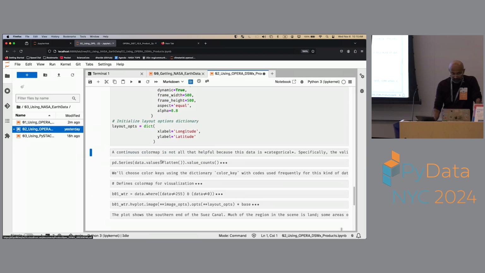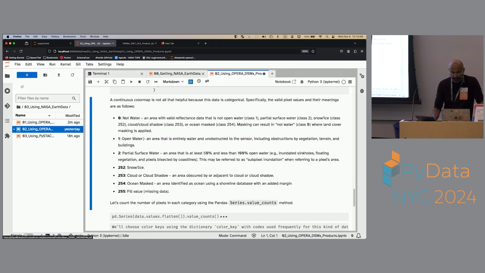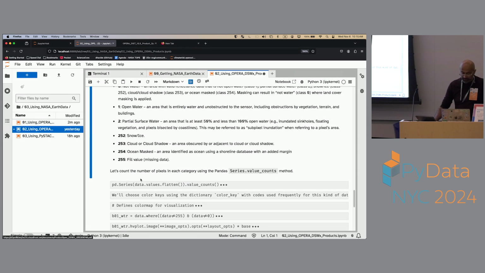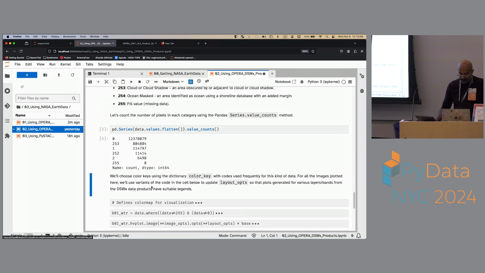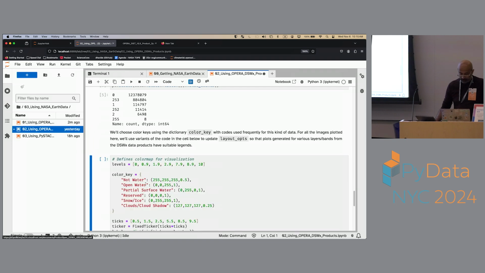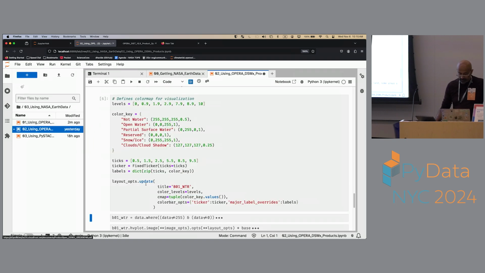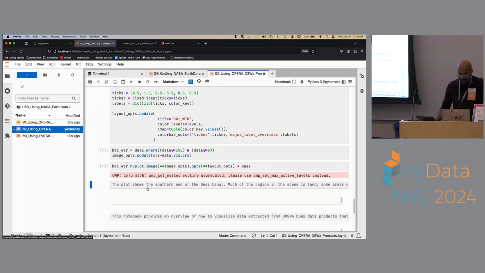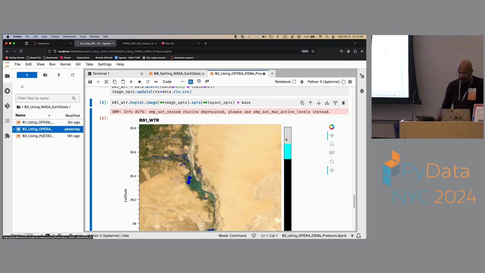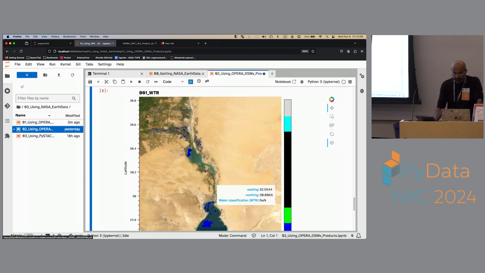And there are some examples in here where, again, this has only a finite number of different values in the pixels. So again, it's stored as integers, so you can create a color map that has a finite number of bands